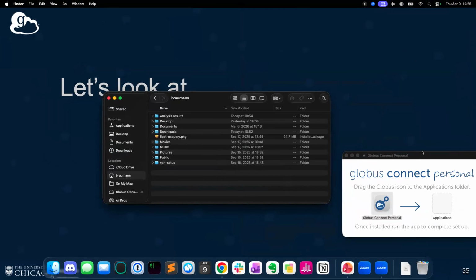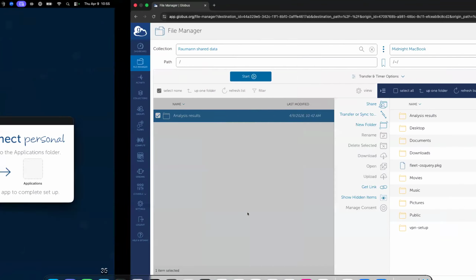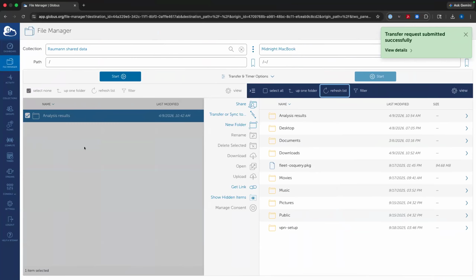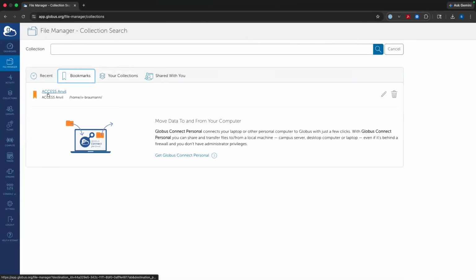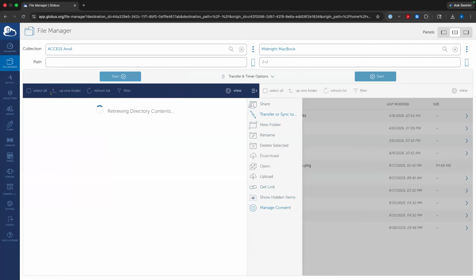Okay, I'm going to mention one more thing, two more things actually. One more thing I want to mention is some of you might have noticed that when I was searching through these collections, I had bookmarked this Access resource. And I can open that Access resource up. And this is my directory on Anvil. And how am I able to do that if I am dormouse240 at gmail.com, which Access does not know about,